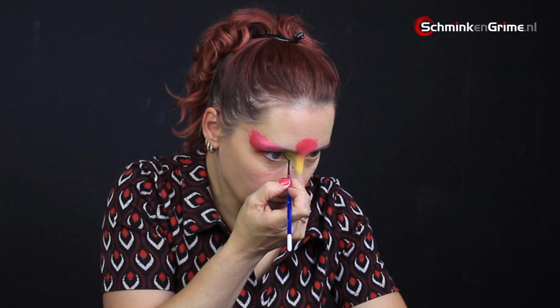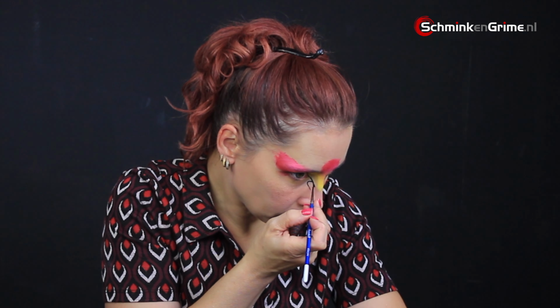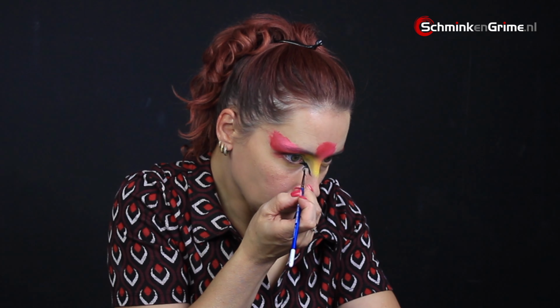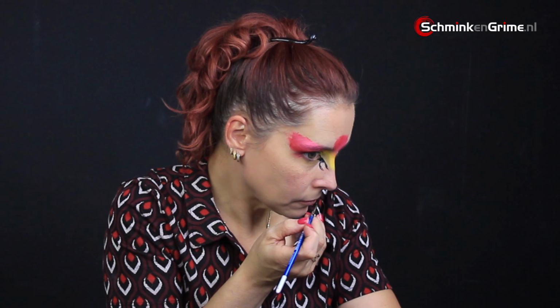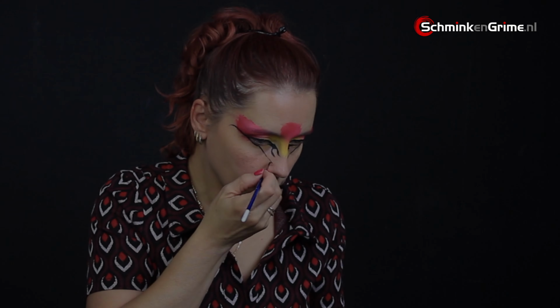So after the split cake, we continue to a very detailed small little brush by Superstar. This is a mica number 0 brush. It is very tiny, so you can really make fine lines with it. And the black is by Diamond Effects. It is a water-based face paint, and you can really use it to create that lovely crisp lines. So it seems like a very tiny little wiggling lines everywhere, but this will all come together into a